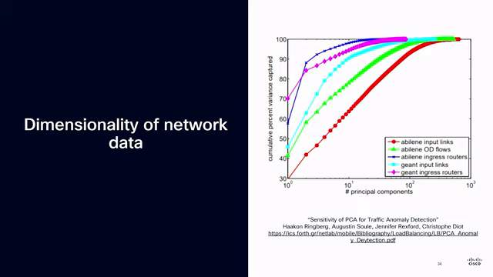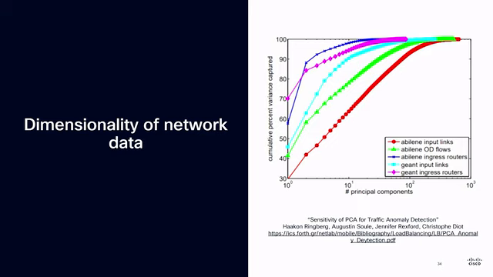So Jen Rexford and team, quite a while ago at Princeton, have done research on what network time series data really looks like and how it's structured. And yes, we have millions of counters in a router, but all of these counters are highly correlated. So if you do principal component analysis, so if you look at the energy of the system and see how many dimensions you would need to really describe most of the energy of the system, then you find that this isn't a really high number.